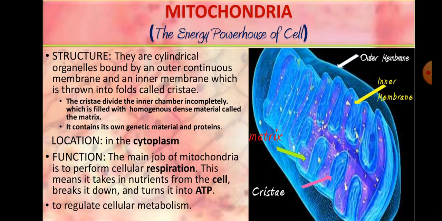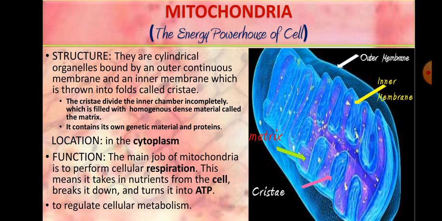The inner membrane is porous and is thrown into folds. These folds are called cristae. And within this inner membrane, you can see a colored liquid flowing inside it. This liquid, or this semi-fluid substance, is called the matrix. The cristae actually divide the inner chamber of the mitochondria incompletely, and it is filled with the homogeneous dense material